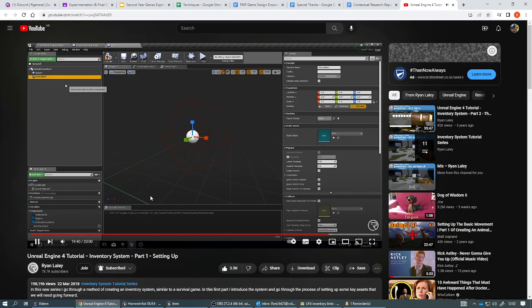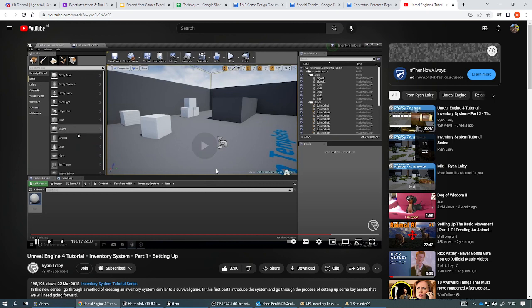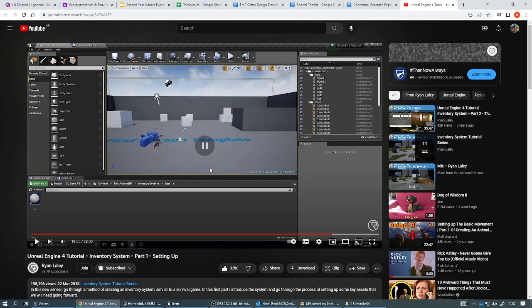And static mesh, I'm going to give it nothing, because this is the parent class. I'm not going to give it any details apart from what it needs to have. Click compile, and close. So with that item, we're now going to make a sub-item, a child class. So right click on item, and you'll see create child